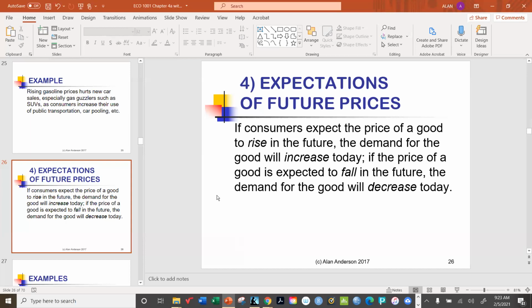So if you really believe this is going to happen, you'll hold back and you'll buy it only when it gets cheaper. So your demand today will actually be lower than it would have been if you didn't have this expectation. Now, sometimes these expectations are triggered by external events, like what happens in the supermarkets